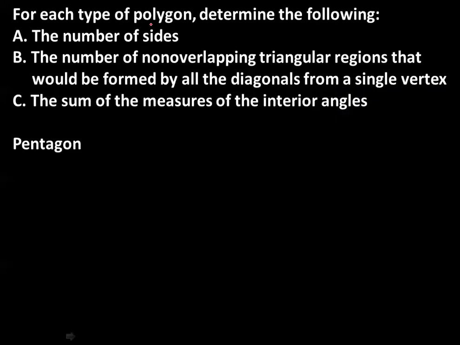Okay, this says for each type of polygon, determine the following: the number of sides, the number of non-overlapping triangular regions that would be formed by all the diagonals from a single vertex. In other words, how many triangles does it have inside it? And the sum of the measures of the interior angles. So we know a pentagon has 5 sides,